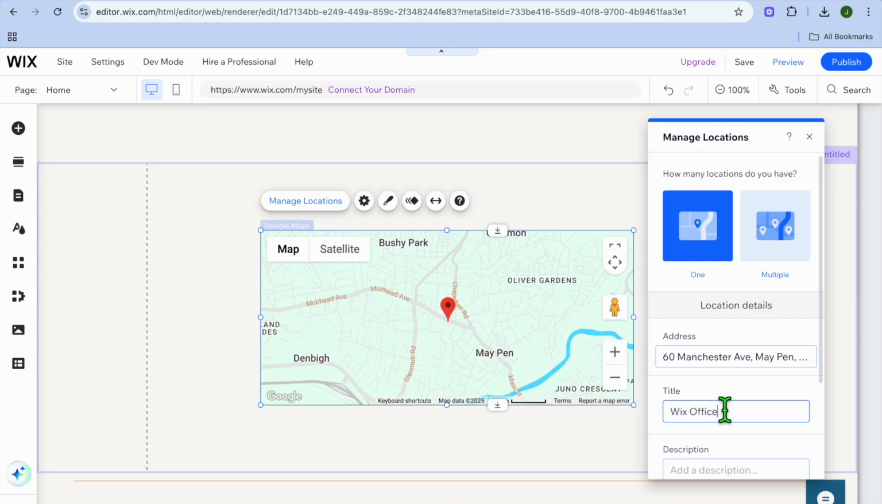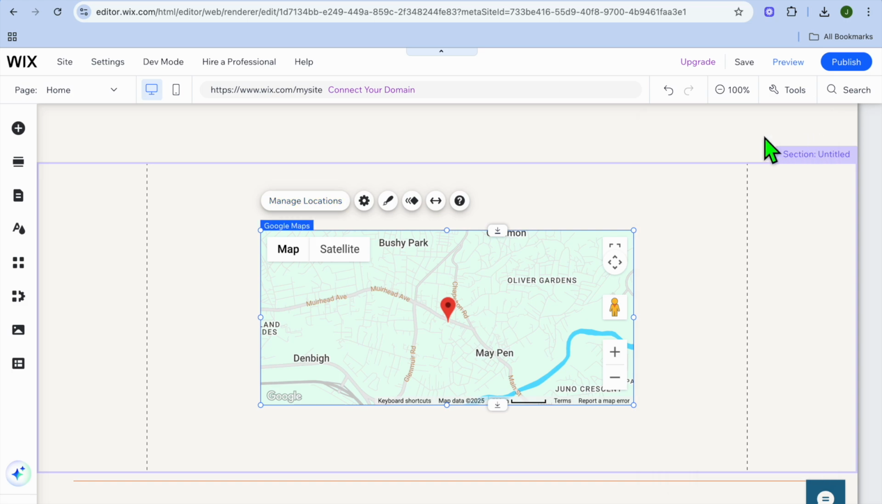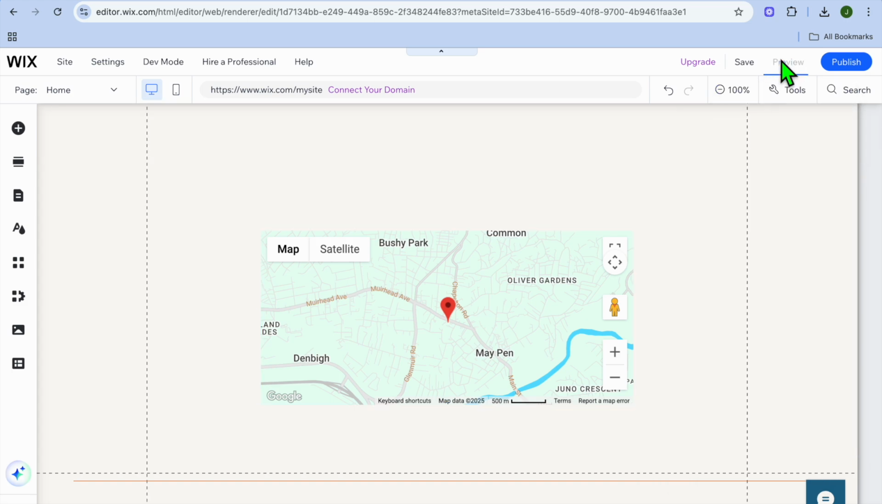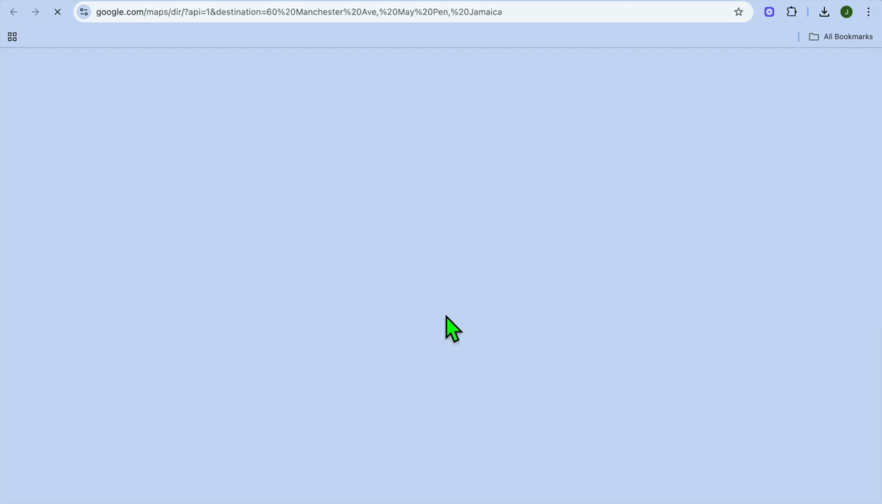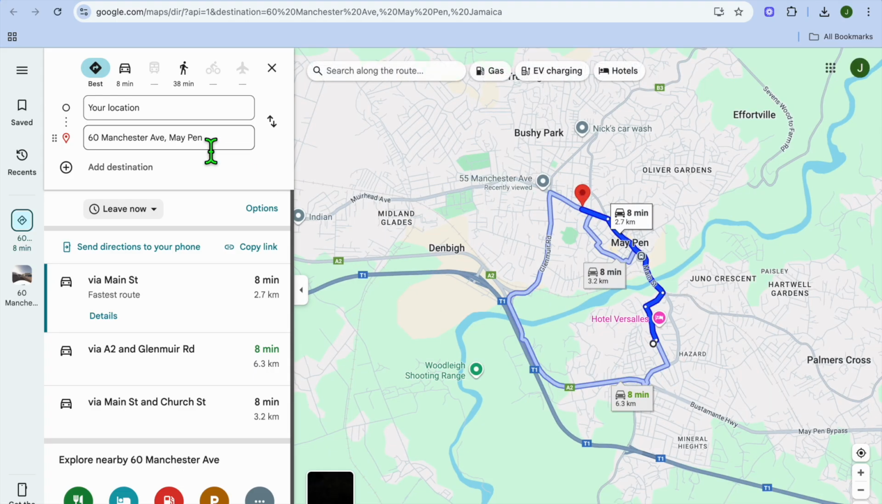After you have added the address, you can also change the title. So I could tap here and I could change the title. Then once you're finished, if we were to close out and select preview in the top right hand corner, once someone visits this website and tap on directions, you can see right there the exact